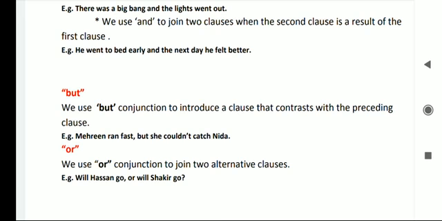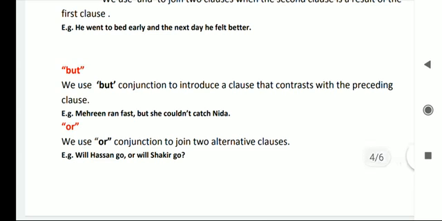यहाँ पे जो क्लास है कंट्रास्ट प्रेसिडिंग क्लास के साथ होता है। और एक यानी Mehreen ran fast but she could not catch Nida। सो यहाँ पे हमने but इस्तेमाल किया, conjunction इस्तेमाल किया। यहाँ पे कंट्रास्ट होता था, to introduce a clause that contrasts with the preceding clause। ये जो सेकंड क्लास है it was actually contrasting with the preceding clause, first clause।